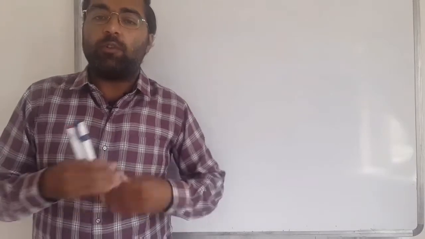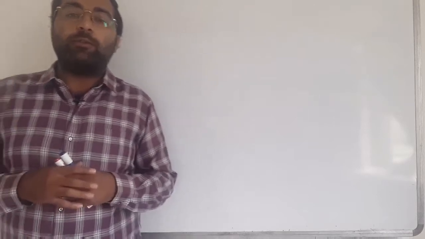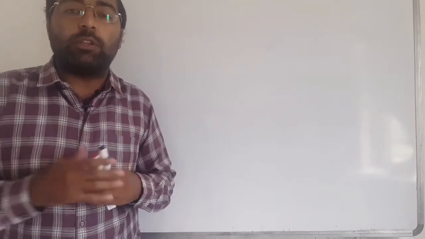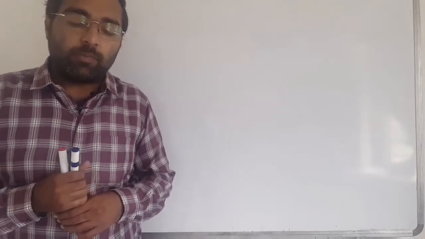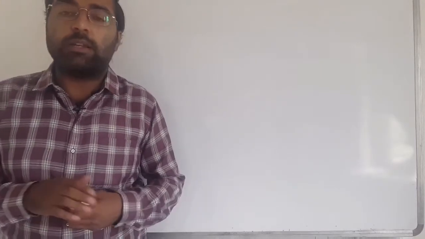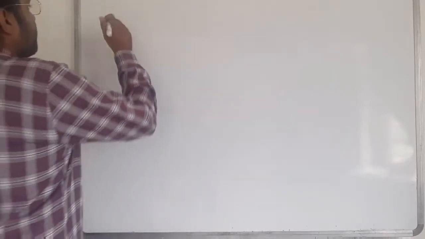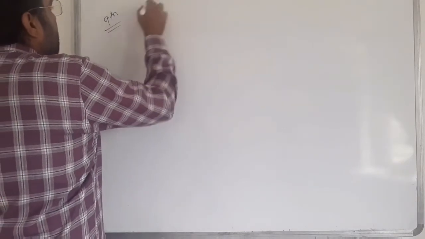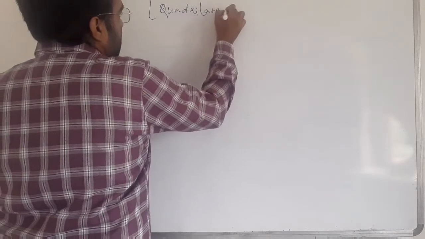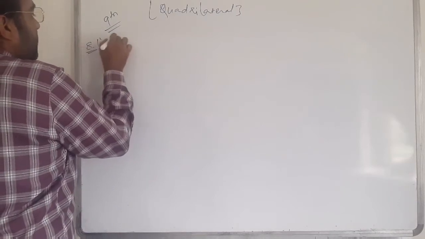Now we are moving to question number 5, and we are also using the same properties that I gave you in the first session. All these properties are used in this chapter. So let's start without wasting our time. Standard 9, the name of the chapter is Quadrilaterals, and exercise 8.1, question number 5.